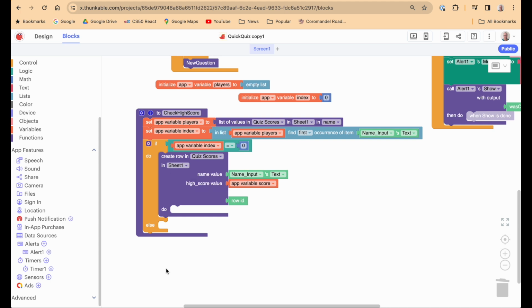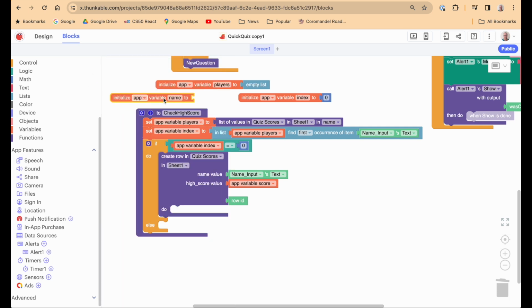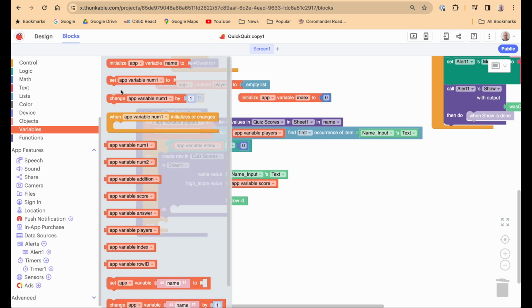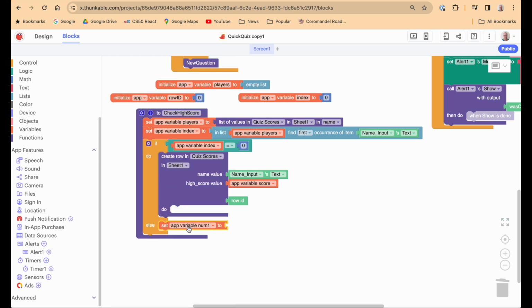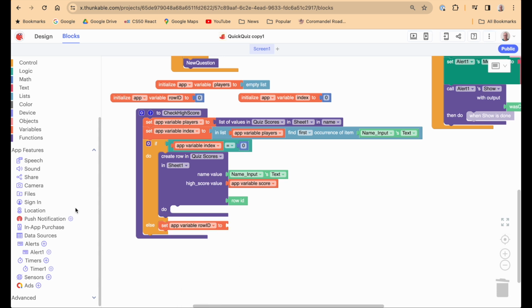Otherwise, what we need to do is, and it's a little tricky with Google Sheets in Thunkable, you access a row by its ID, which I told you is this invisible row ID. So what we want to do is we're going to make another variable, which is going to be the row ID, and we'll initialize that to 0. Okay, and we can set, so this is the case where we did find it, so we're going to set the row ID to,